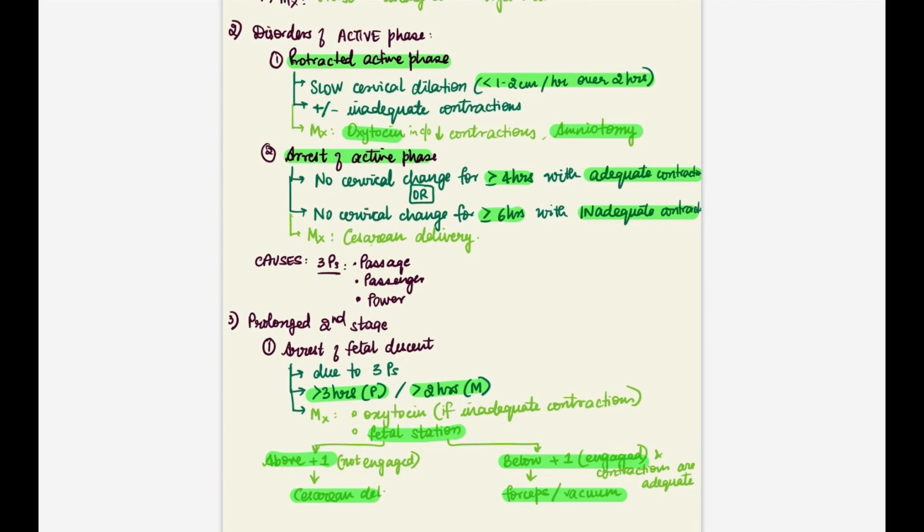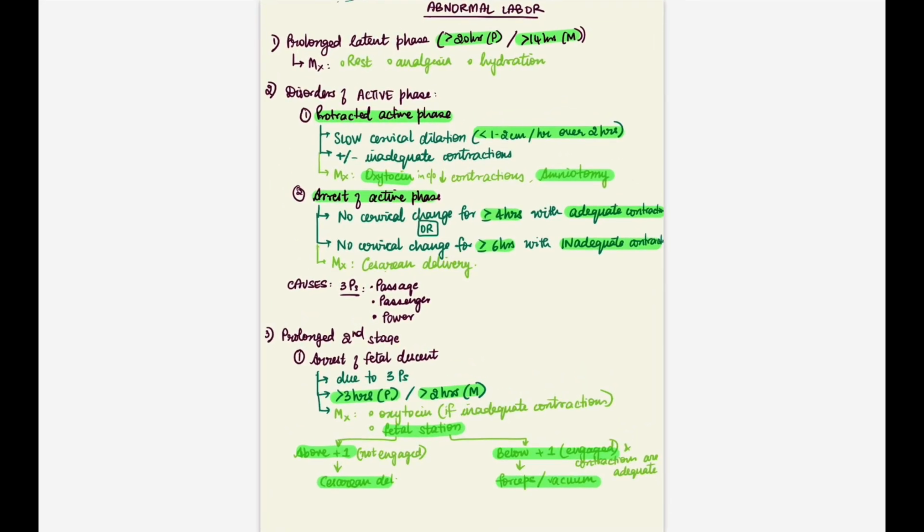Second, the prolonged stage can lead to thinning of the lower uterine segment, and this can also have a risk of damaging the uterine vessels while doing a cesarean section. And a prolonged second stage can increase the risk for postpartum hemorrhage and infection. Alright, this is prolonged second stage of labor.